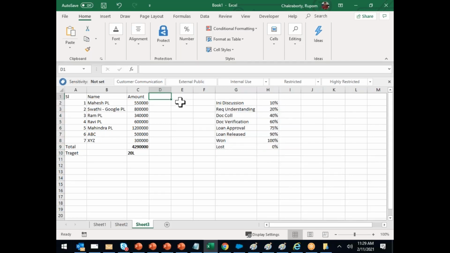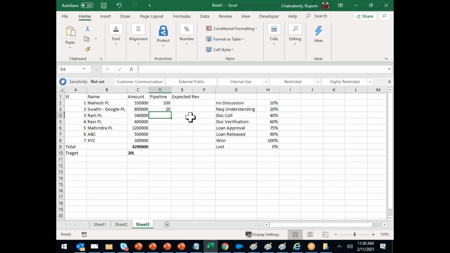Based on this pipeline, I will have something called expected revenue. Expected revenue. Here, let's assume 100%. Mahesh loan, we have one. Swati's loan, I'm still collecting documents, 20%.